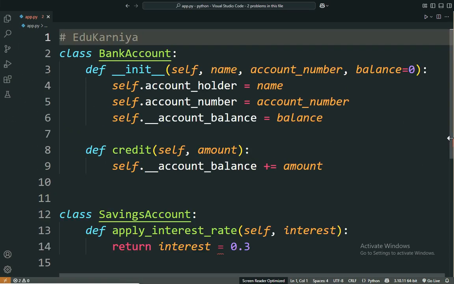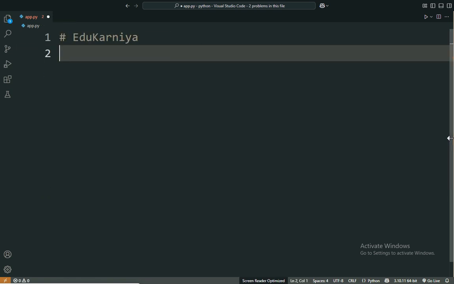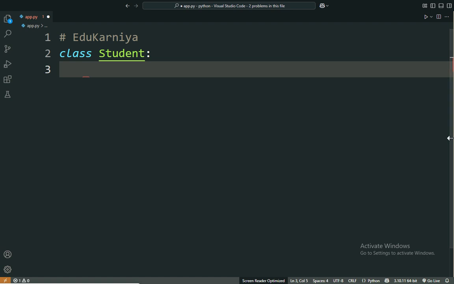Yes. Let me delete everything. Select the bank account class. Selection removed. Gone. Yes. Now create a student class: class Student colon. What can the student do? Of course, the student should study well, right? Hence, def